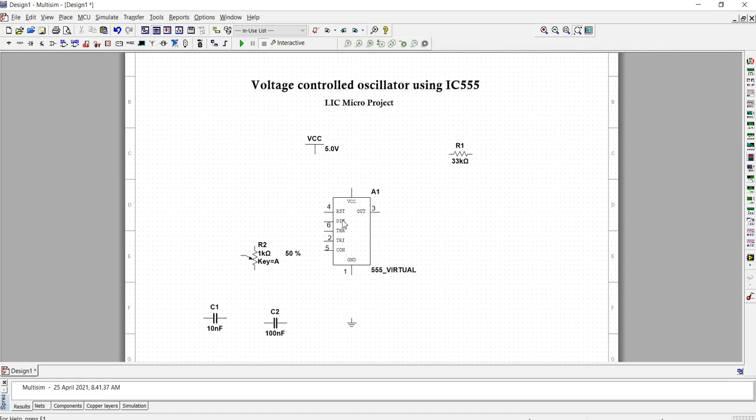Next pin is pin number 7. This pin is used to discharge the capacitor. The 555 timer IC requires a 4.5 volt to 16 volt power supply. This power supply is given to pin number 8.